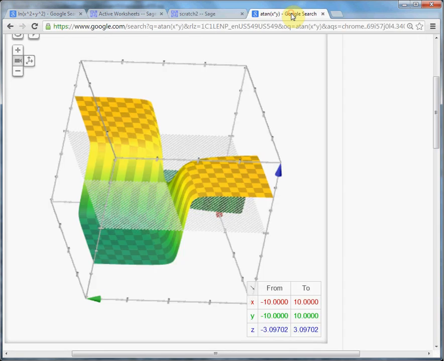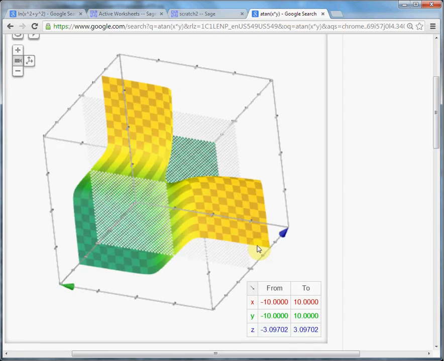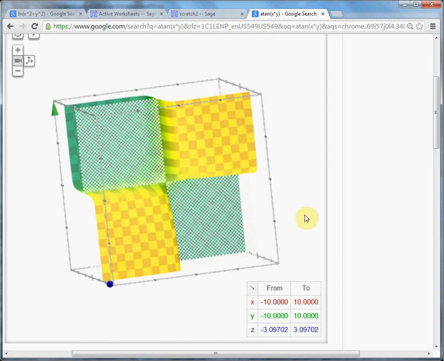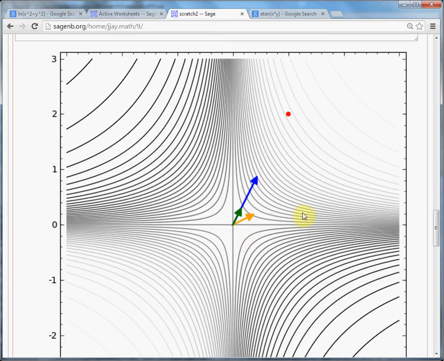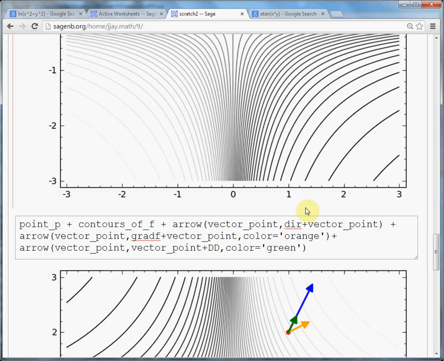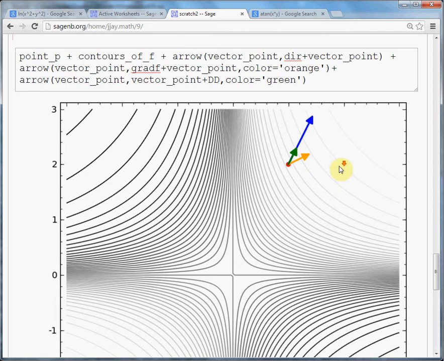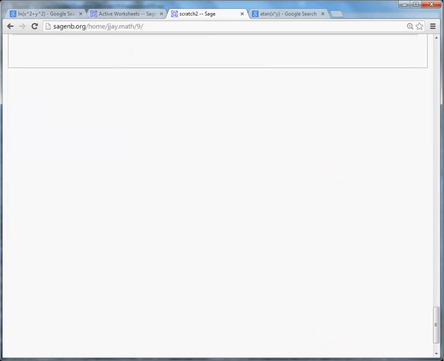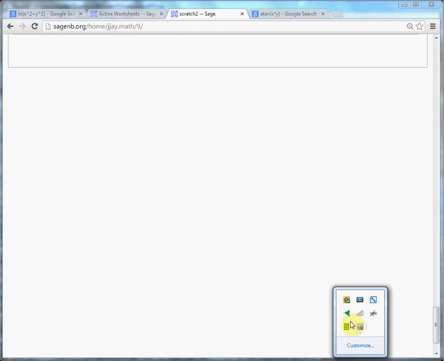So just for fun, here's the 3D plot of arctangent. And that's pretty much it. Now we can just translate the picture over to the point. And that's all. So it's pretty simple. Let me stop the